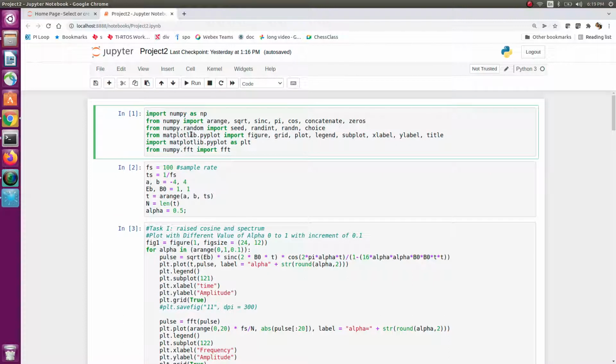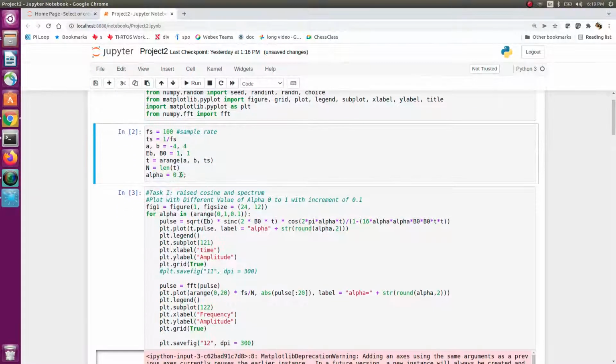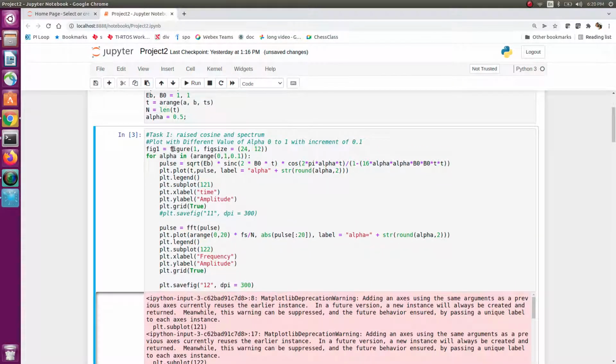So, this is a Jupyter notebook for Project 2, and let's import the libraries. I took the sample rate as a default at 100 and the sampling period of 1 divided by fs, and the timing range is -4 to 4, and alpha is 0.5, that's the default alpha. For Task 1, I plot the different values of alpha from 0 to 1 at the increment of 0.1. So let's run this code,